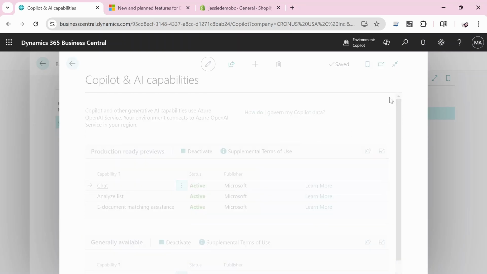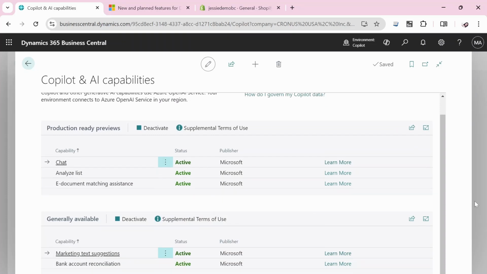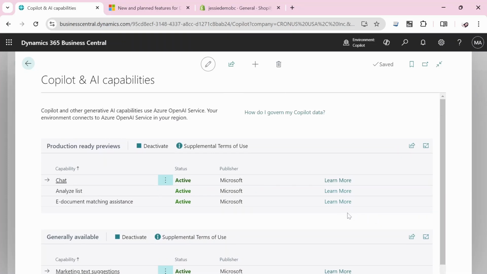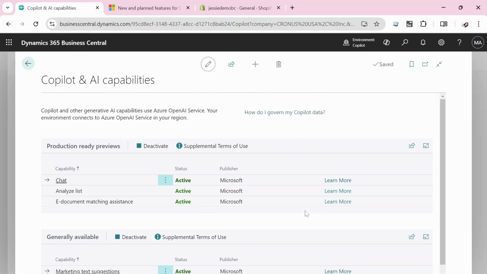But what if you don't want any of your users using Copilot within Business Central because you're afraid some confidential information might be released to your users? If you are using Business Central version 25, which is the 2024 release wave 2, and you're a brand new Business Central user,